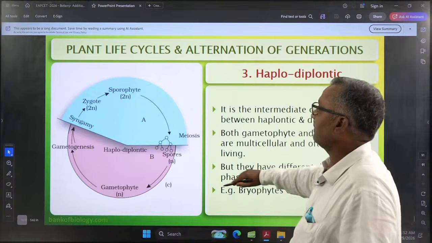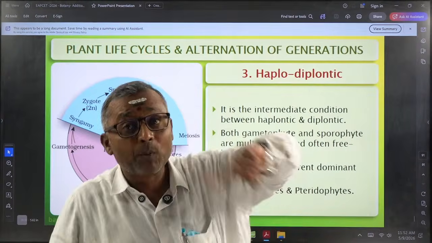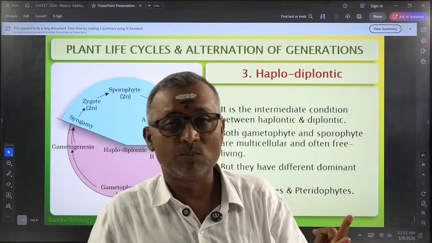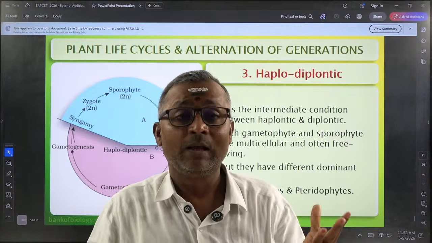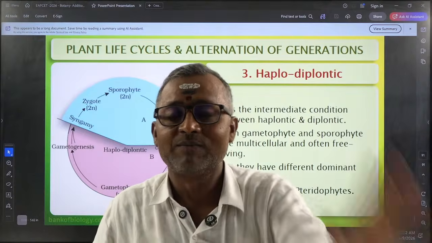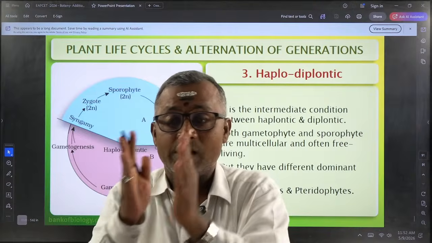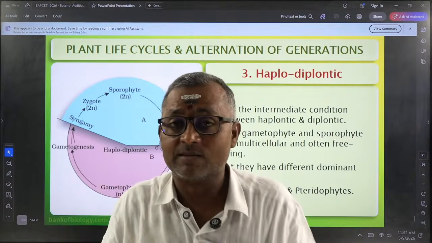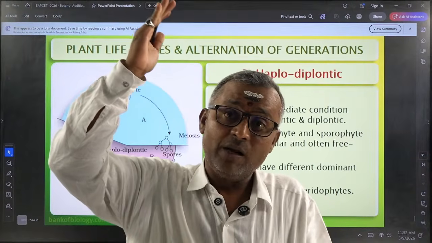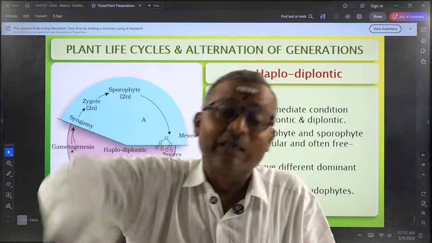Whereas in case of pteridophytes, gymnosperms and angiosperms, remember, these three groups, as per the state book, have diplohaplontic life cycle. Remember, in bryophytes, what is the life cycle? Haplodiplontic. In pteridophytes, gymnosperms and angiosperms, what is the life cycle? Diplohaplontic, which means the dominant phase is sporophyte and the haploid gametophyte